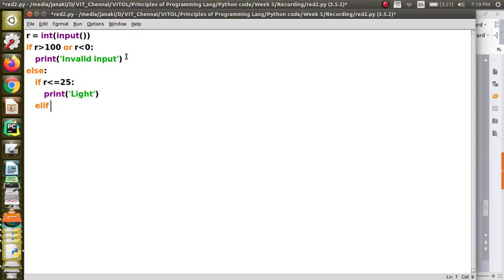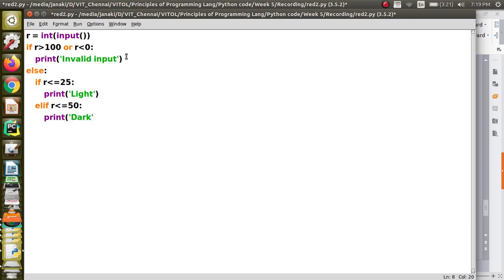So how else if is done in Python is we can write it as elif. So when this line is executed, it means that it is greater than 25. So it is sufficient to just check whether it is less than or equal to 50.